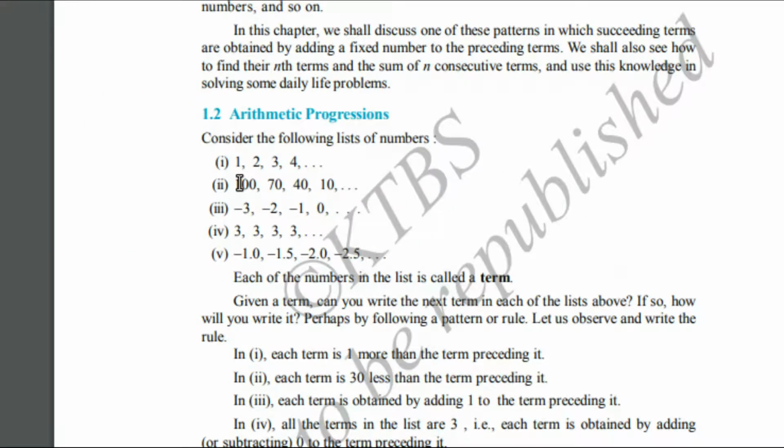Let us see some examples of arithmetic progression, and we will see what list of numbers is called an arithmetic progression. In the first example we can see the first term is 1, the second term is 2. 2 minus 1, the preceding term, is 1, so the common difference is 1. 3 minus 2 is 1, again the common difference is 1. 4 minus 3 is 1, again the common difference is 1, and so on. So we can conclude that this is a valid arithmetic progression since it has the same common difference.